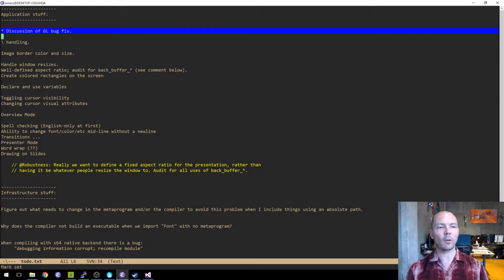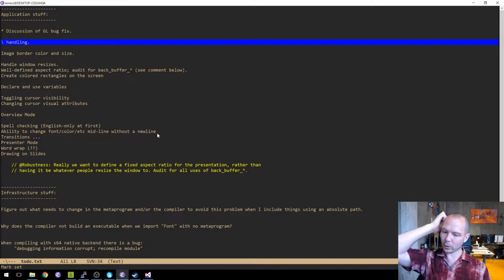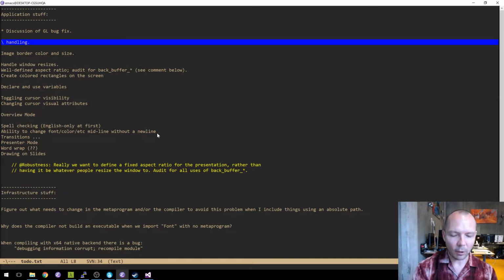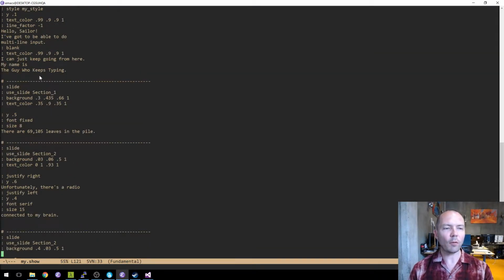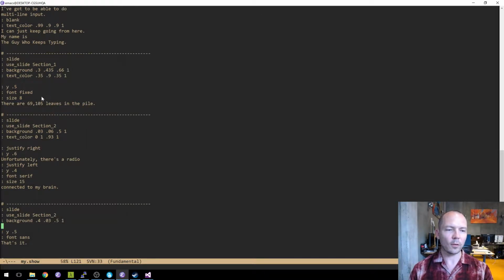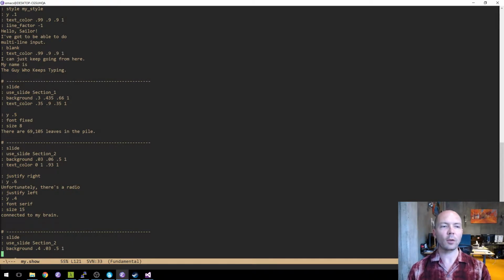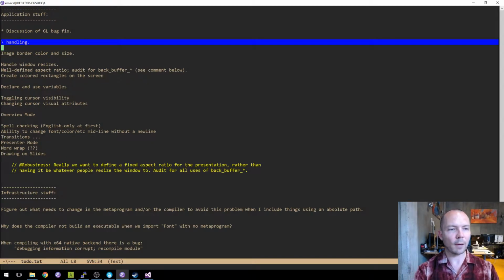So then someone was asking, well, what happens, because we're using this text format to control the slides, what if I want to make a line of text that starts with a colon or a hash? And that's a good point. So what I'm going to do is let you backslash lines if you want, and that's also going to take the place of this blank command. We'll get rid of that because you could always just put a backslash on an empty line, and that would mean a blank line. So we'll do that.